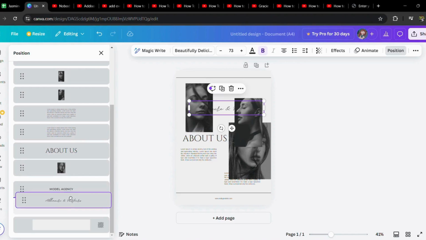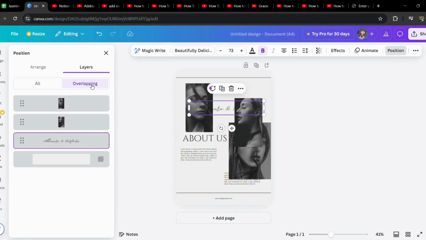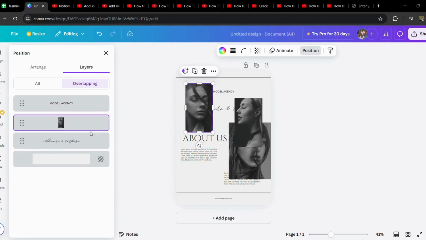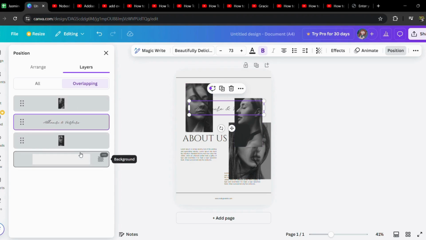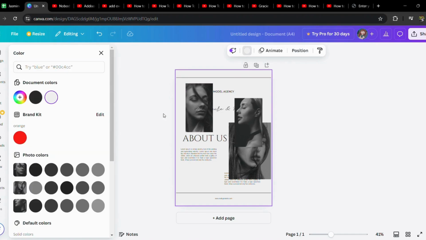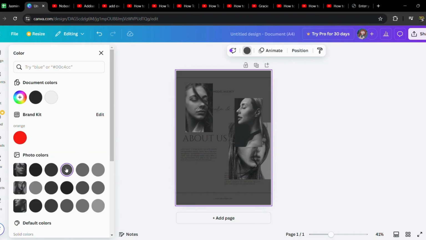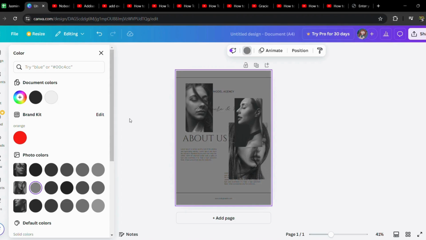so yeah, and I suppose overlapping, just do this. And although this is the background, this means the whole thing. You can also change the background more darker or even lighter. So yes, this is how you add layers in